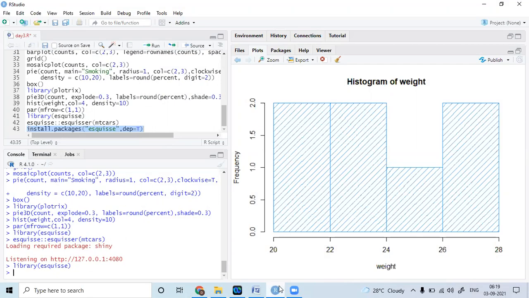Dependency true, right? And you will be able to enjoy that package. You can enjoy that package, right? Now, the next thing which is coming up on your screen is,